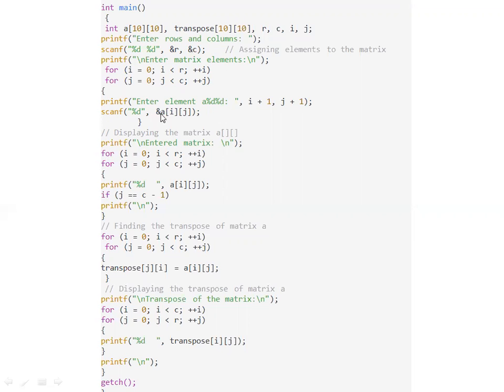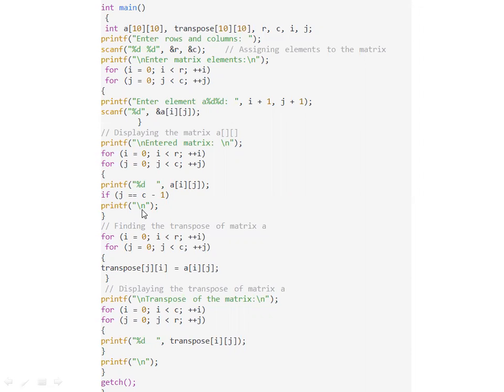If we want, we can print the elements of the arrays here. Sorry, we will use the scanf statement to get the elements of the arrays entered by the user using the same command. If we want to display the elements of the matrix A, we can simply use the same loop, but instead of the scanf statement here, we will be using a modified form of the printf statement.